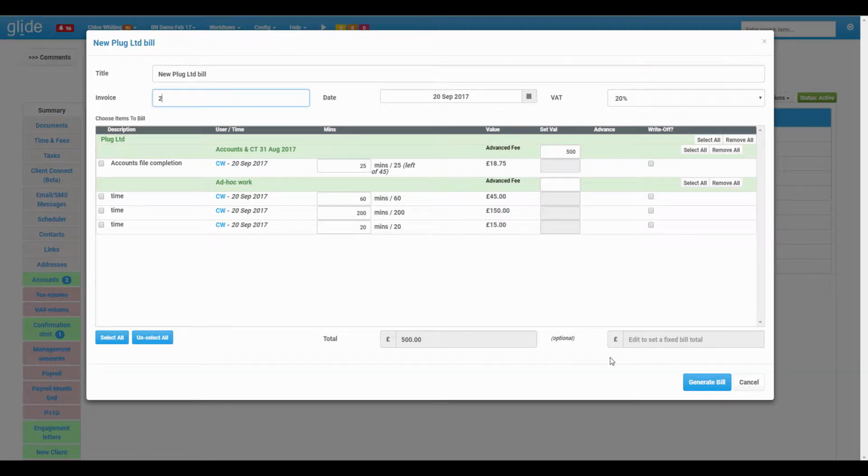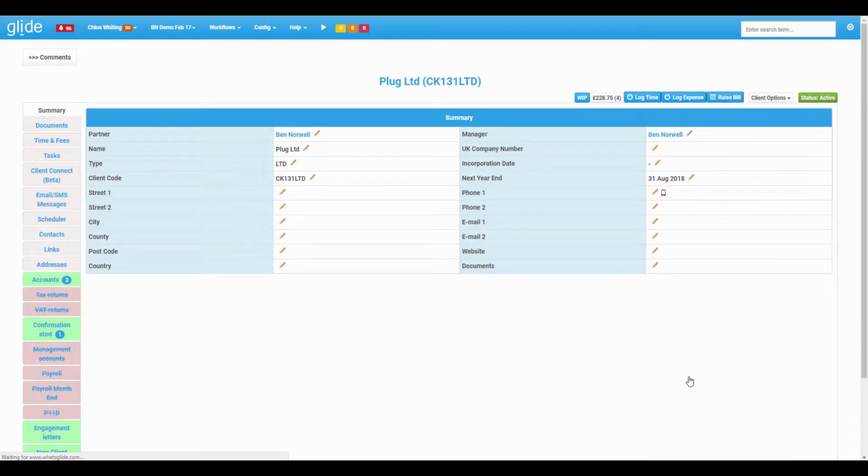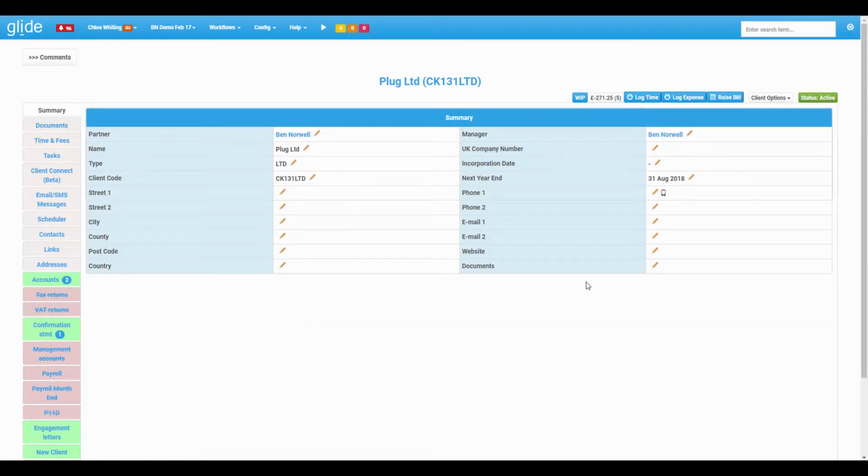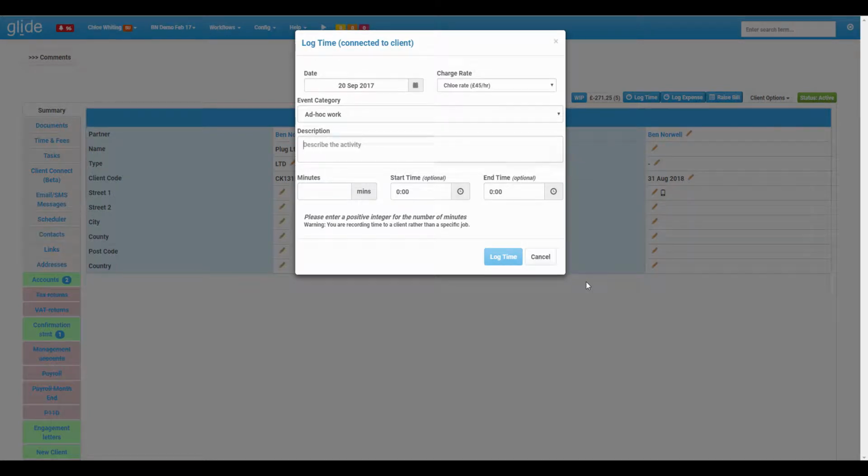Just going to put in an invoice reference there. And we shall then see that our work in progress goes from positive 228 down to a negative 271. And that is, of course, because it now contains this minus £500. Supposing then that time passes and we are making timesheet entries. So for example, here I might say,